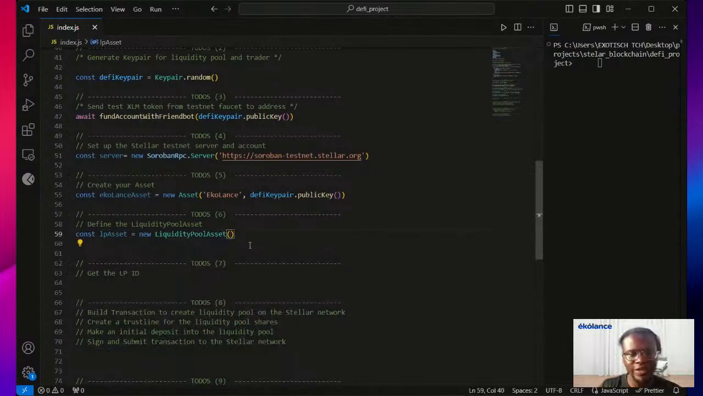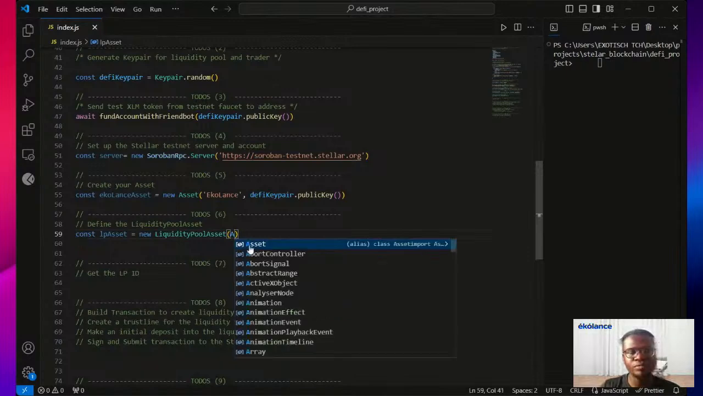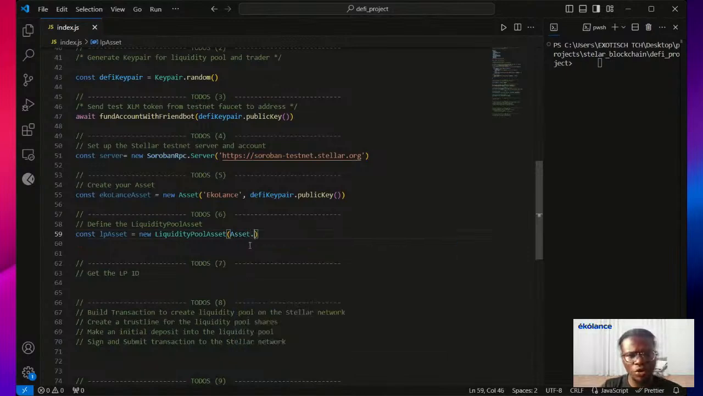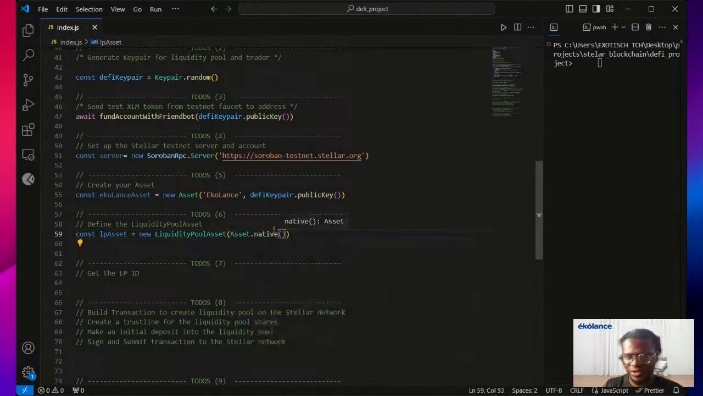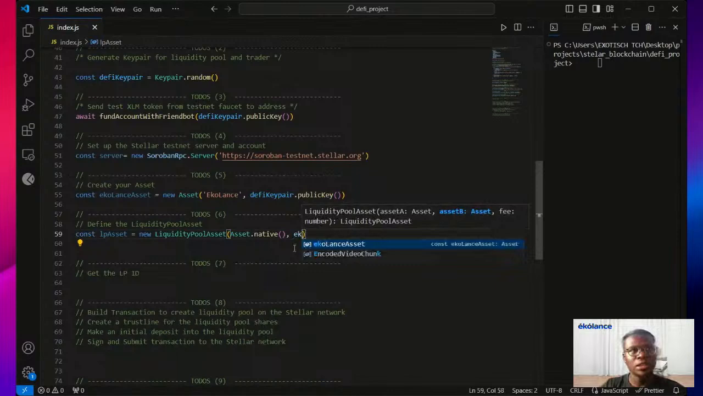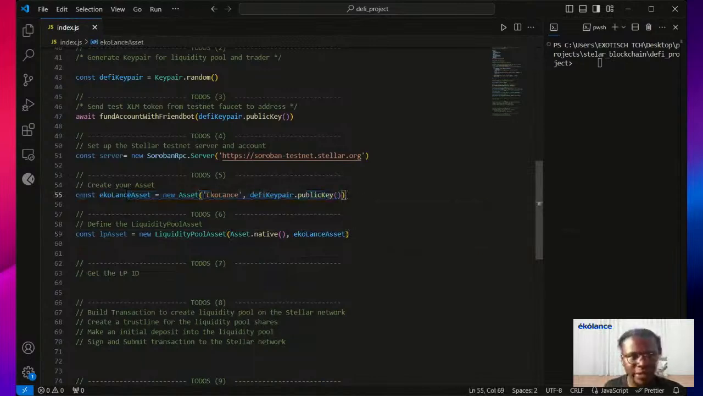Liquidity pool asset takes two parameters. The first parameter is the token you want to deposit. In our own case, we are going to use assets.native, which is the Stellar XLM Lumen token. And the second asset we want in our liquidity pool is the SLM asset that we just created up here, right? Then after this, we're going to set the fee, because the fee is how the providers